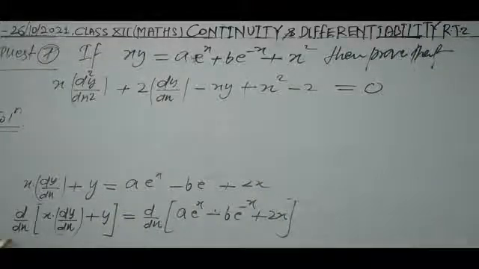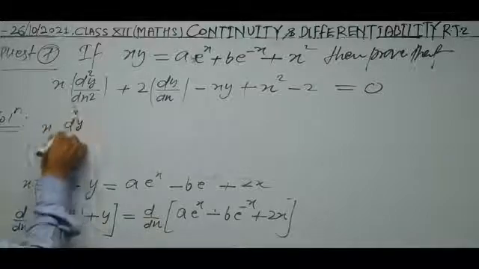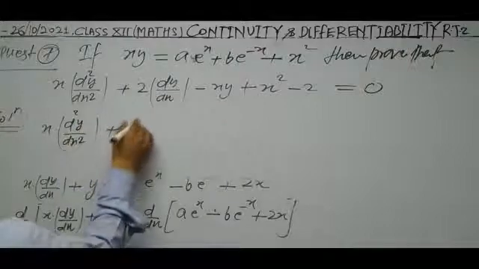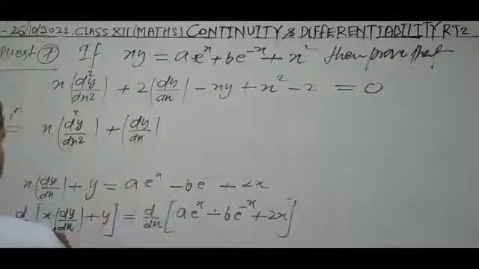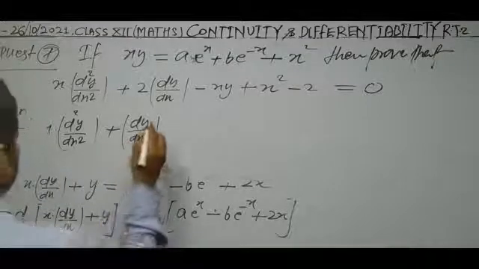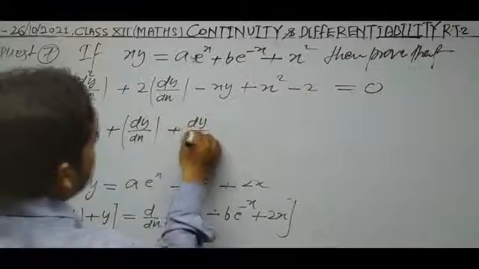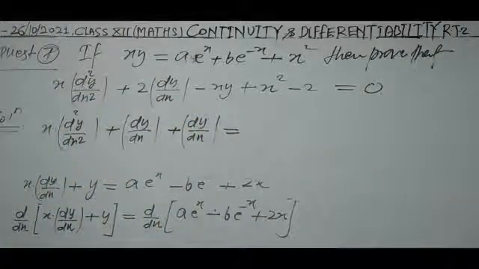So first function derivative of second function plus second function derivative of first function. So this will be 1 plus x times dy by dx